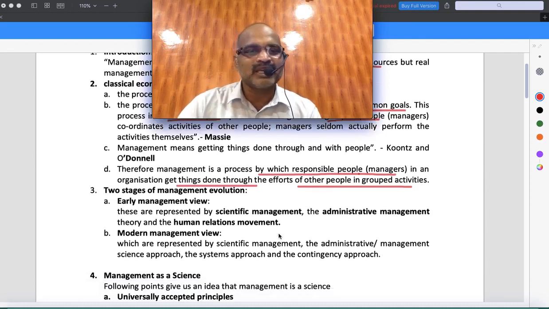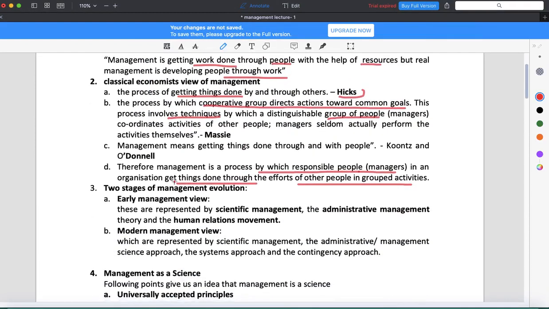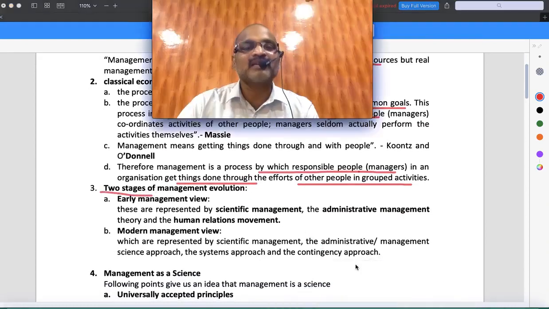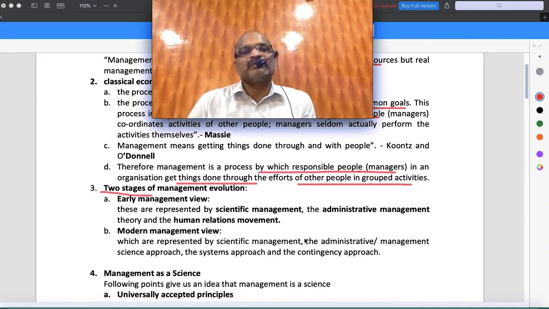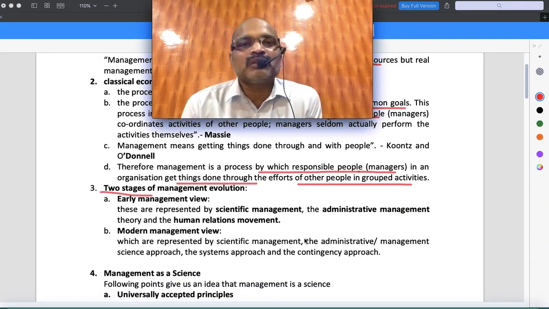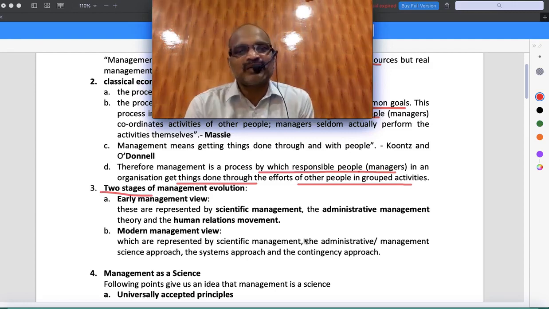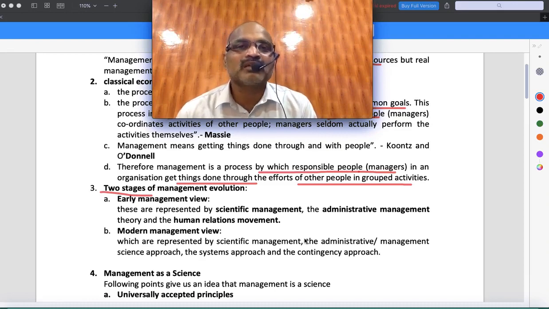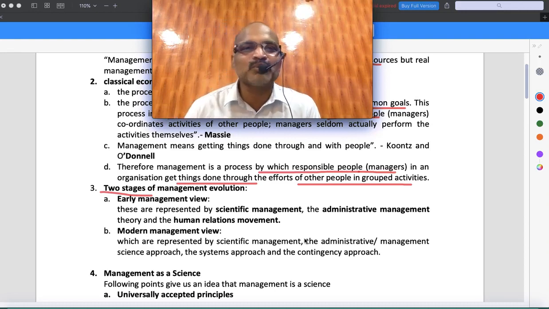There are two stages of management evolution. Focus on this. Two stages. One is the earlier view, the second is the modern view. So if they ask you a question, which of the following is the view according to early management, in the sense, in the beginning management view was different, modern management is the latest. There are some theories basically. Regarding management, what should be the principles of management, what kind of activities we need to consider in management, how management actually takes place, how people are involved, all these things will be discussed in both the views.